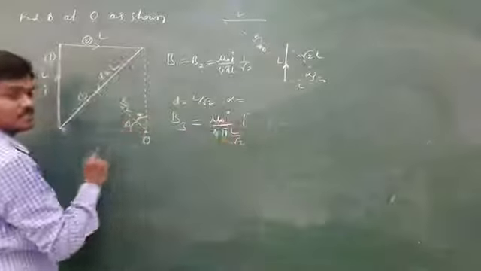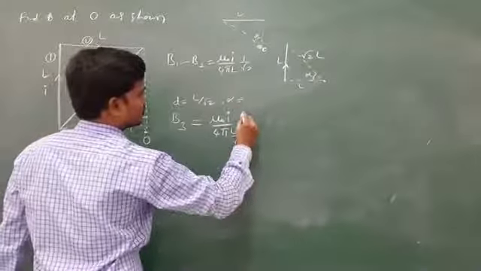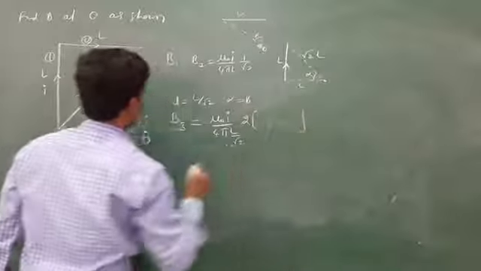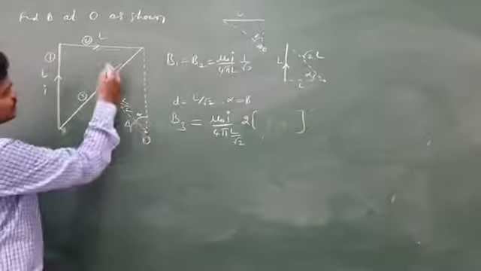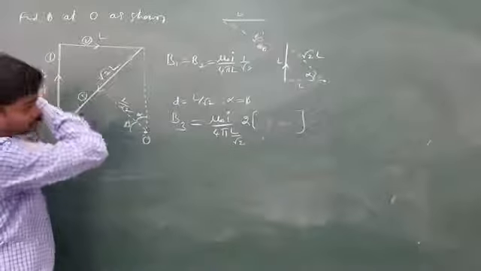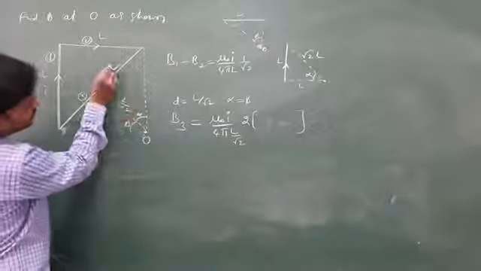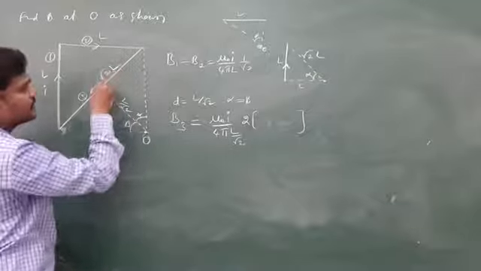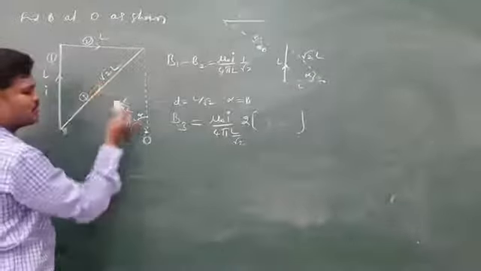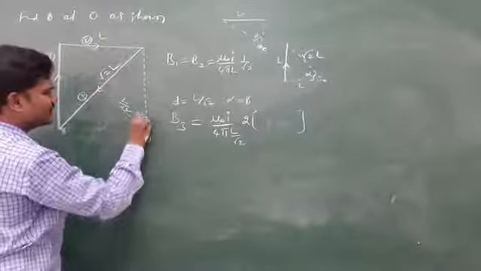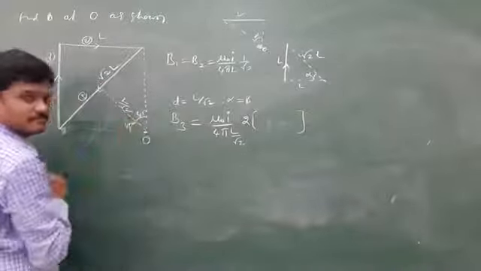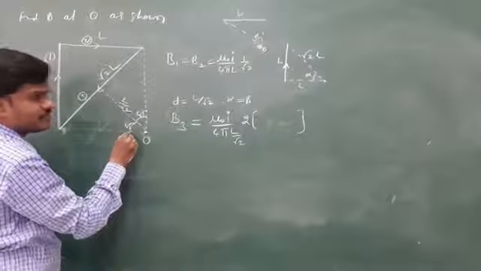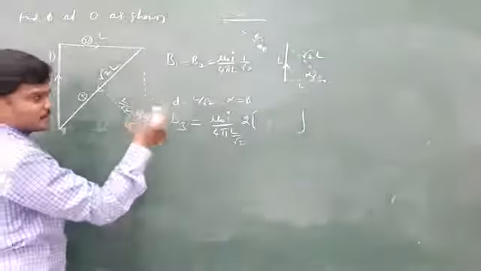Of course, alpha, beta are same, so let me write directly 2 sin alpha. Sin alpha is, this is root 2 L, and opposite from here to here is L by root 2. Otherwise, directly we can write this is 45, because these two are perpendicular. So 2 sin 45 plus sin 45.